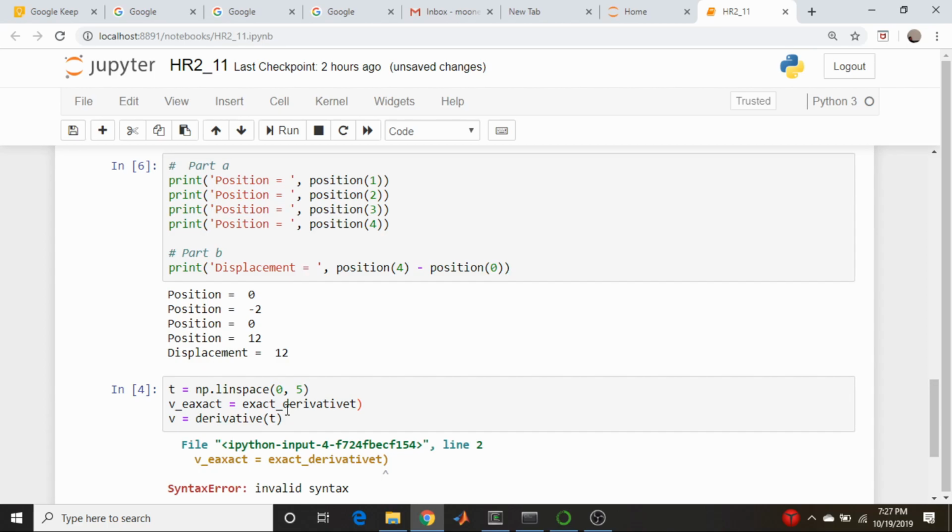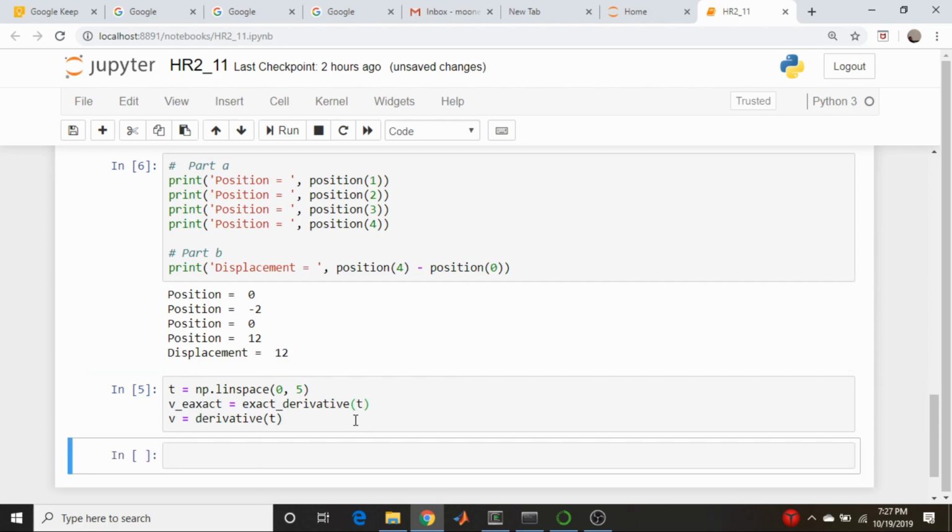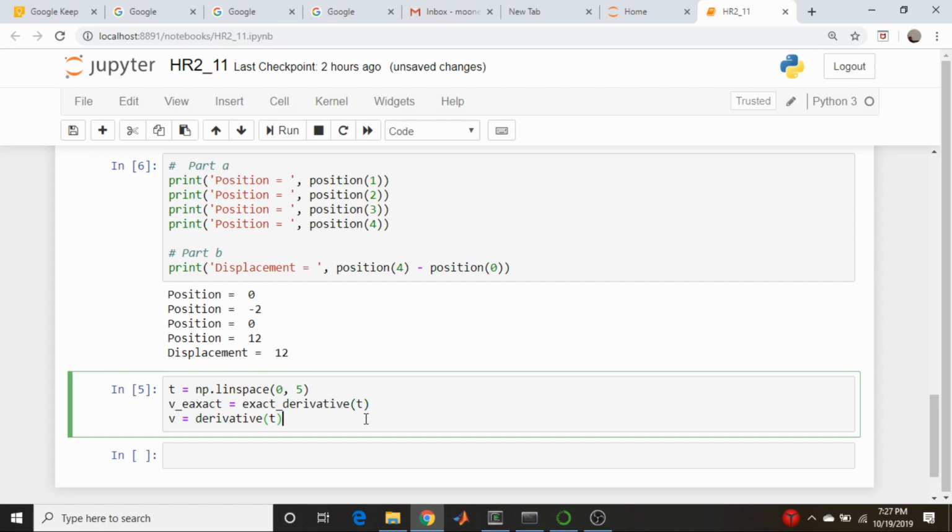Run that. Now what? Invalid syntax. What did I do? I deleted my parenthesis, didn't I? So there we go. Okay, so let's plot this. Let's go here,